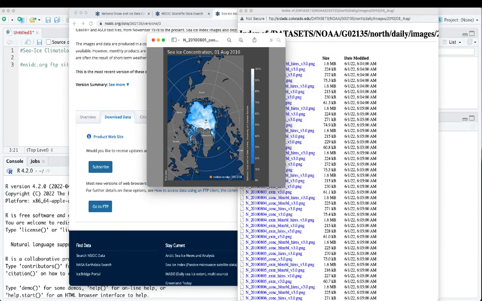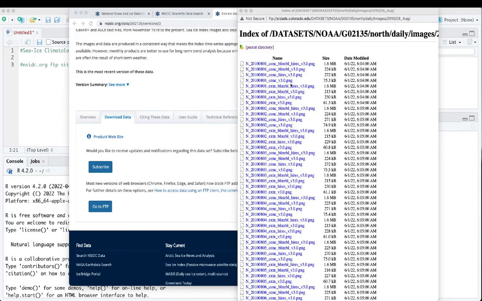Here's the North Pole up here. So our vantage point is looking down on the North Pole, and here's the sea ice extent. And so what we want to do is actually get, for each month, or actually each day, what this extent is, both climatologically, which means on average, what is it like every day, and then we'll be looking at trends in a later video. So let's go back to the parent directory,